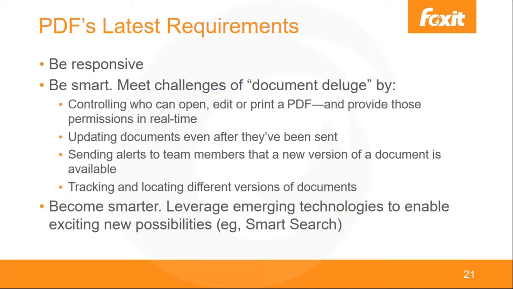Next, we're making PDFs smarter. It's amazing. We have smartphones, smart watches, smart appliances, smart everything, but the document, which is something every one of us works on almost every day, is still dumb. What does dumb mean? It means that it's not connected. It means that we don't know where it goes or what happens to it once it leaves our computer. We can't update it once it's been sent. We can't secure it. We can't destroy it.